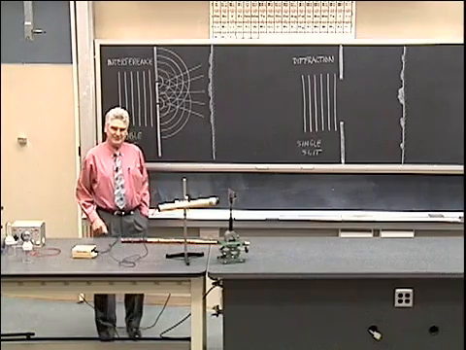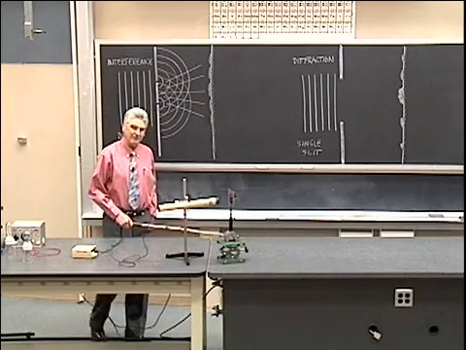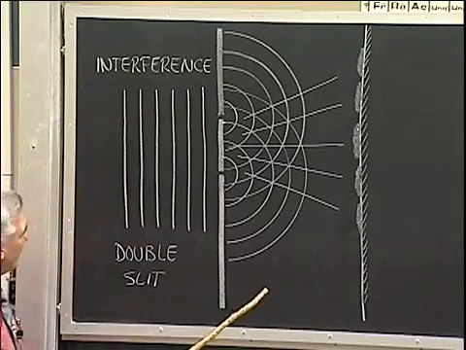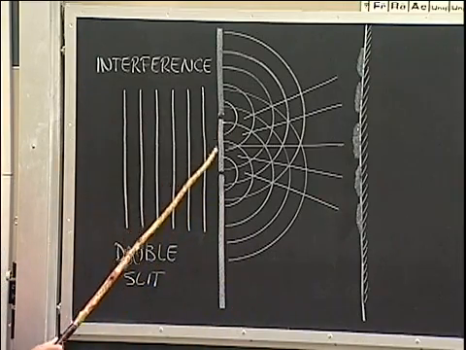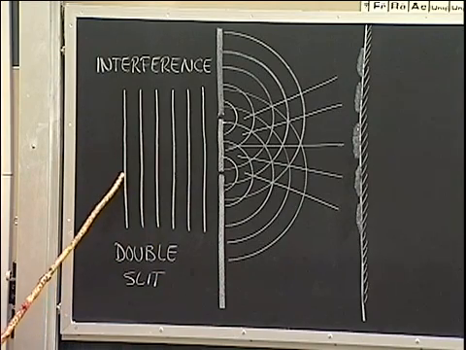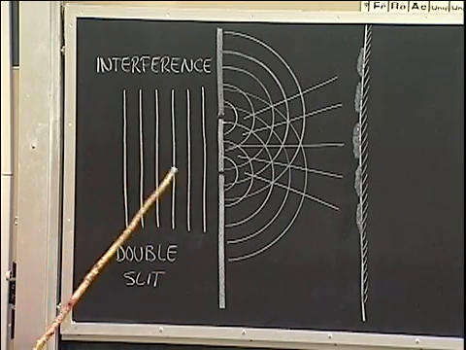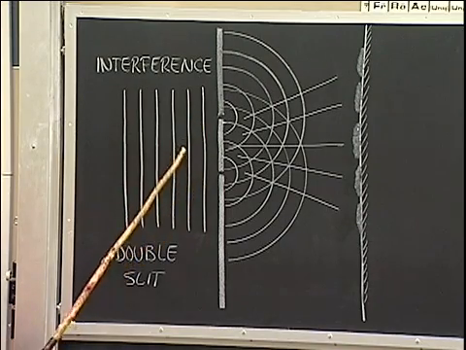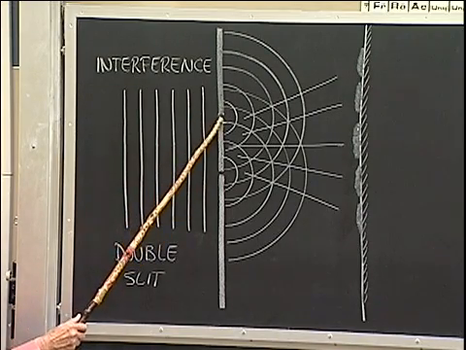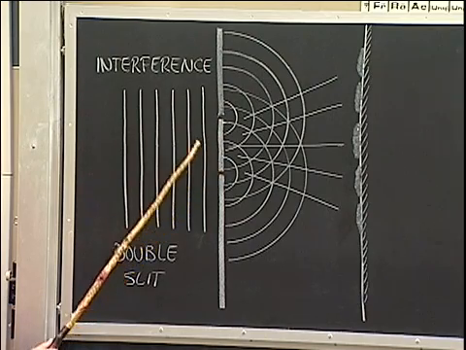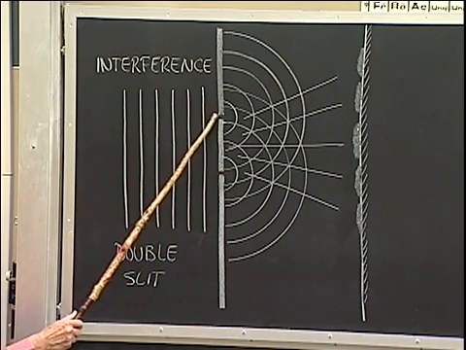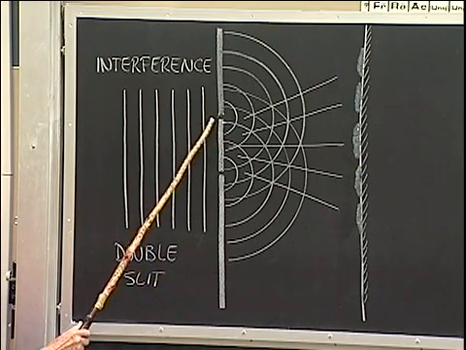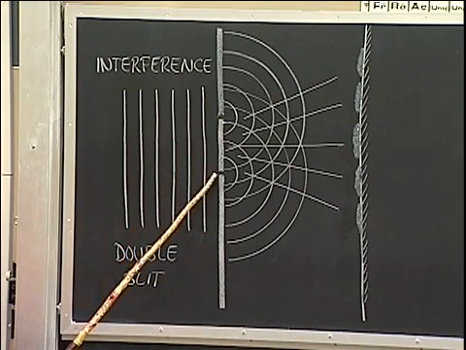Hello, I'd like to discuss and demonstrate the interference and the diffraction of light. Here I have a couple of small openings and a bundle of light waves coming up here with parallel wavefronts, and each of these wavefronts will pass through each of these two openings. A given wave will pass through both openings at the same time. This part of the wave will pass through this opening, this part of the same wave will pass through this